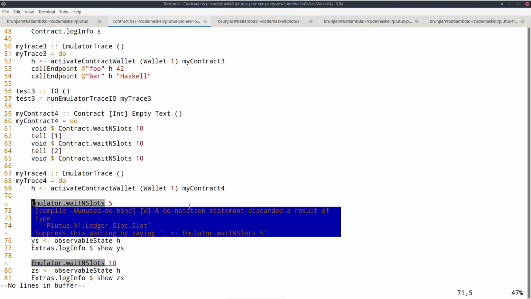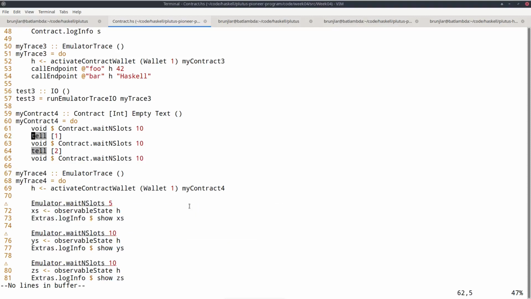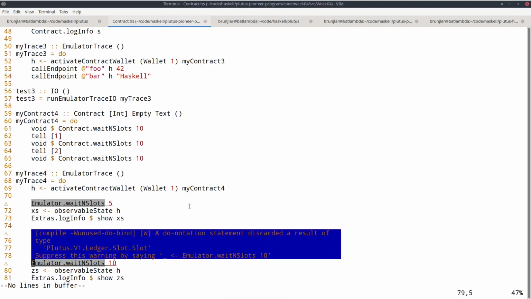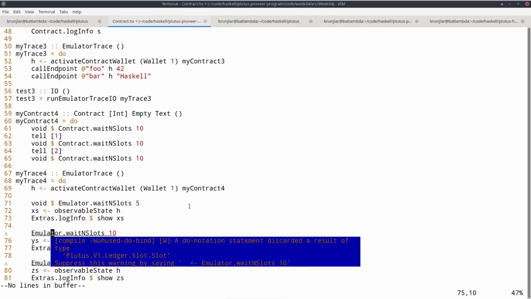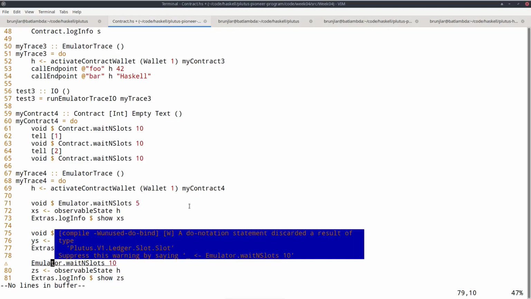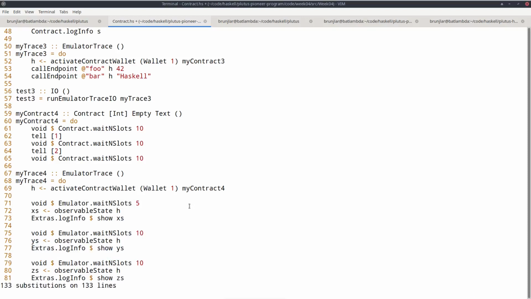Here we wait 5 slots, that's before the first tell happens here. So this should be after the first tell has happened, but before the second tell has happened. And this should be after the second tell has happened, but while this is still waiting here. Oh yeah, and I get the warnings because I should ignore the result here of the wait.